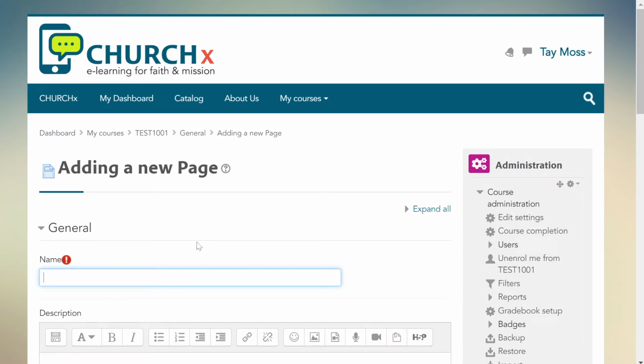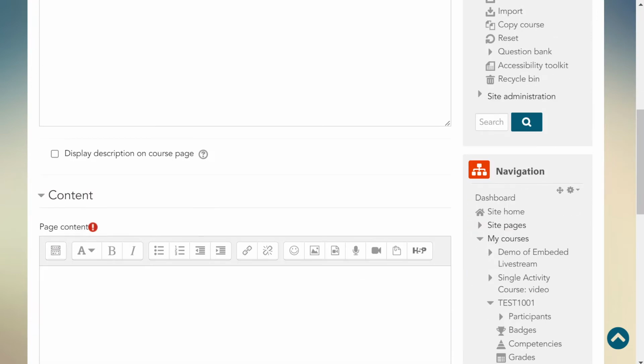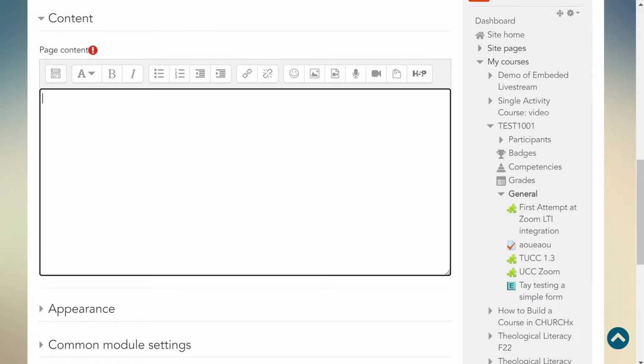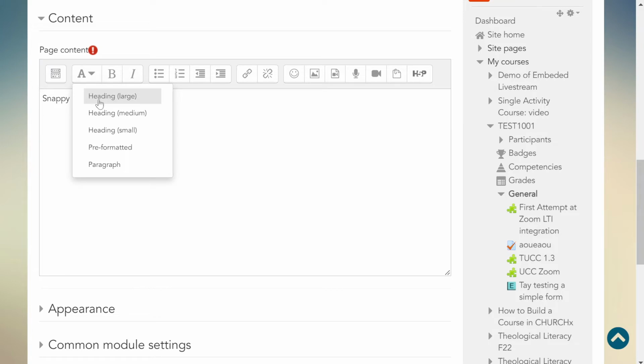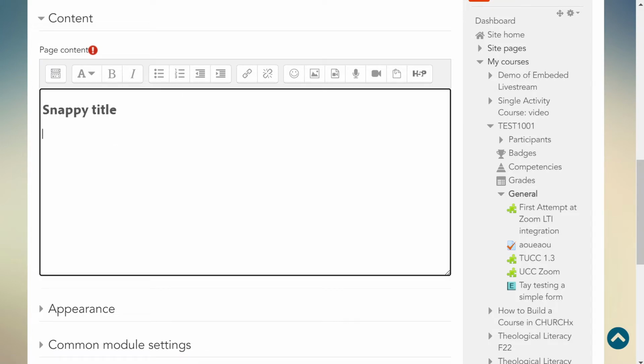I'm going to give it a title such as demonstration of PDF linking, great. Okay, scroll down past the description into the content. First thing we want to do is give this some kind of snappy title, and I'll just make that a heading. Okay, so first thing we want to do is get the PDF up onto the